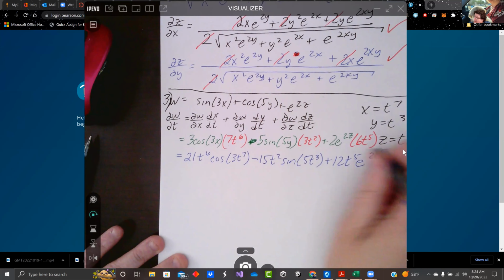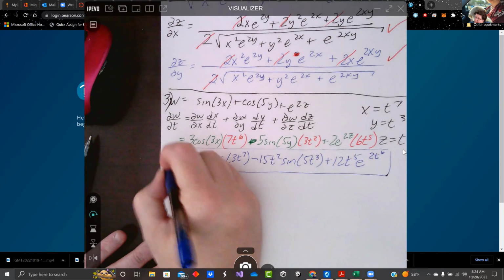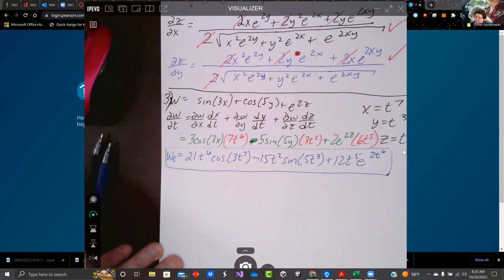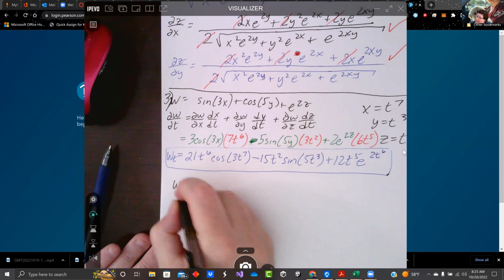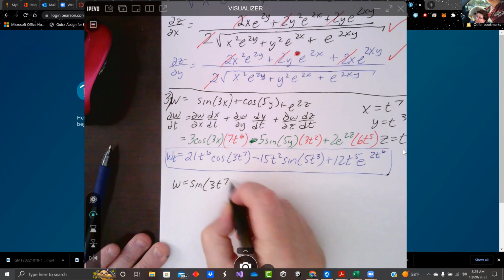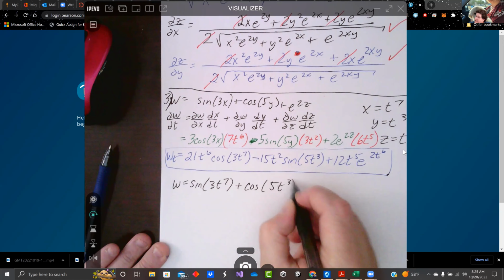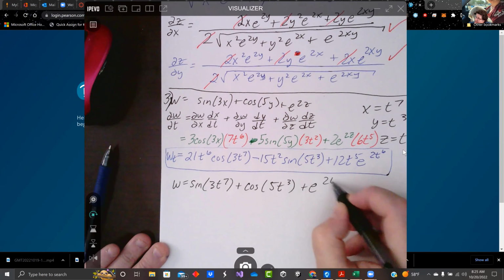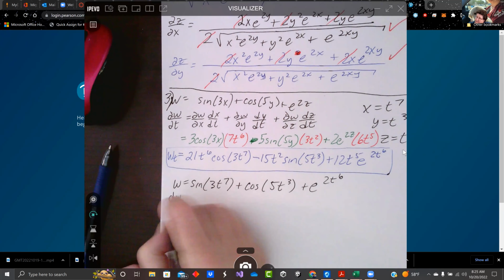Okay, and that's dW/dt. So if we do it the other way, we need to substitute everything in first. W equals sine of 3t to the 7th plus cosine of 5t cubed plus e to the 2t to the 6th. And now when we do a direct derivative,